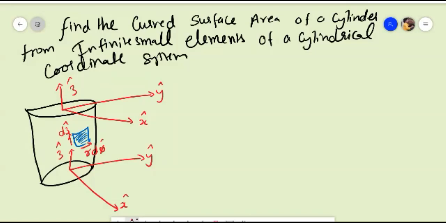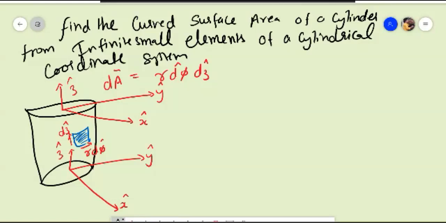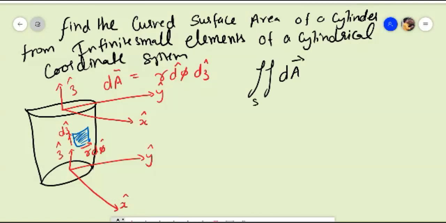Okay, so we can say that our curved surface area for this particular portion will be given by r multiplied by d phi multiplied by dz. So now we just need to integrate this. We need to integrate our area, and we are using the surface integral or double integration, and then that will be equal to